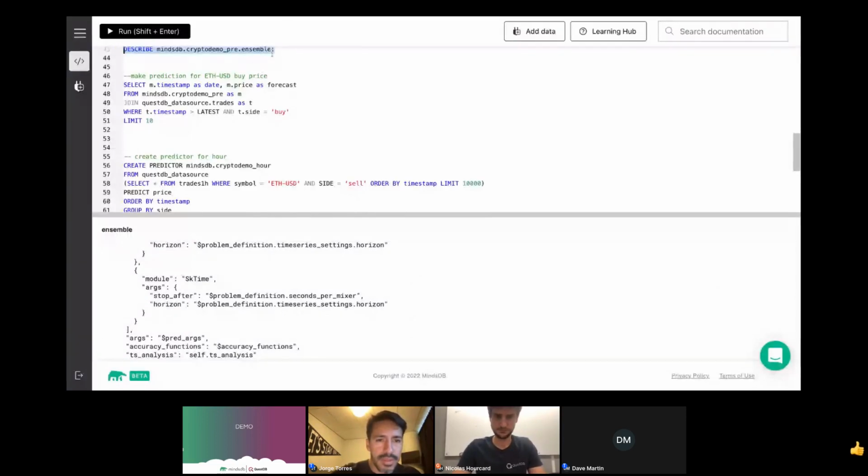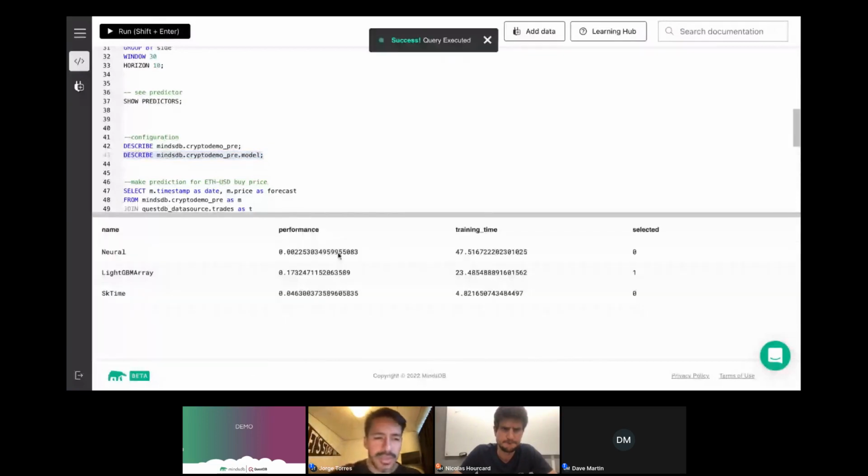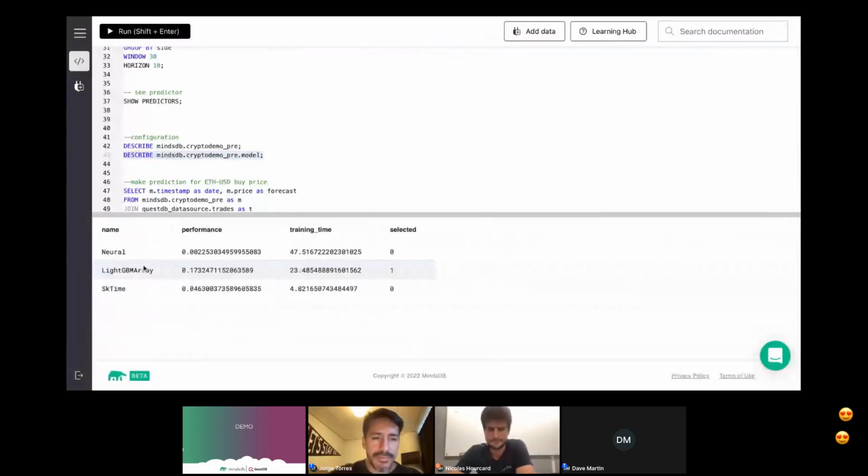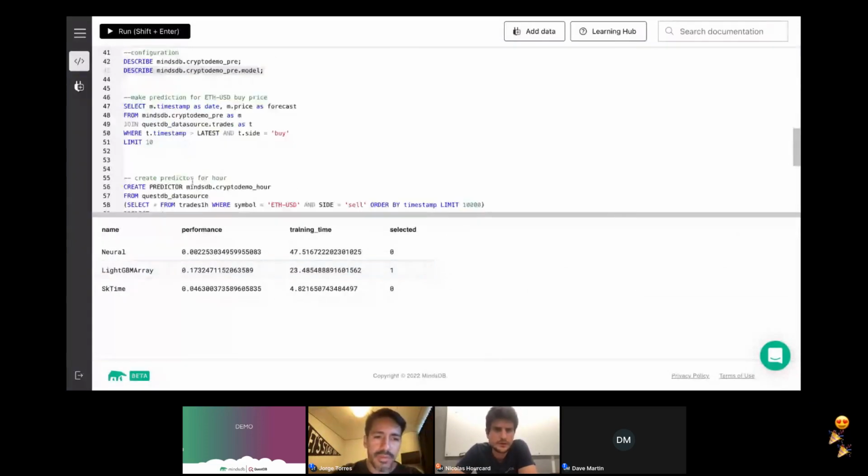Let's look into this. So MindsDB trained those three models, and the one that performed the best was the LightGBM array. Now, since that model is already trained, you can actually query that model as if it was a table.